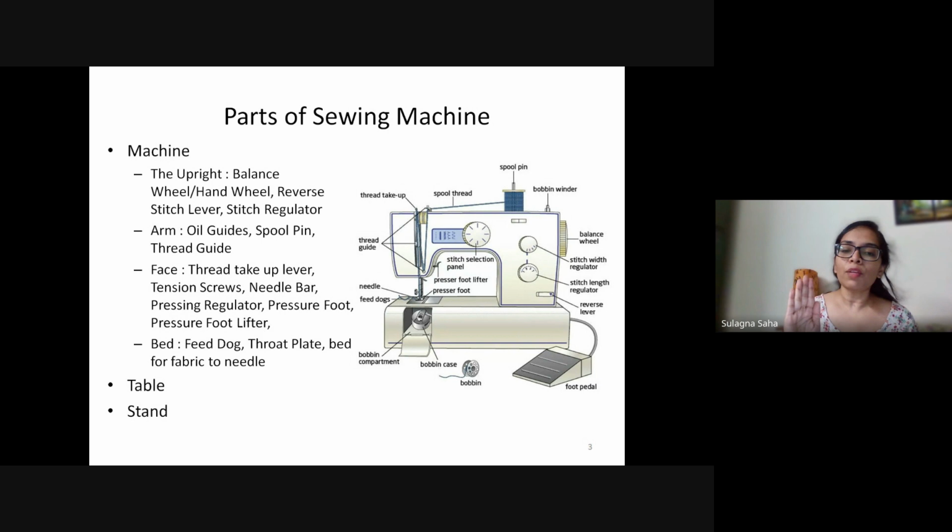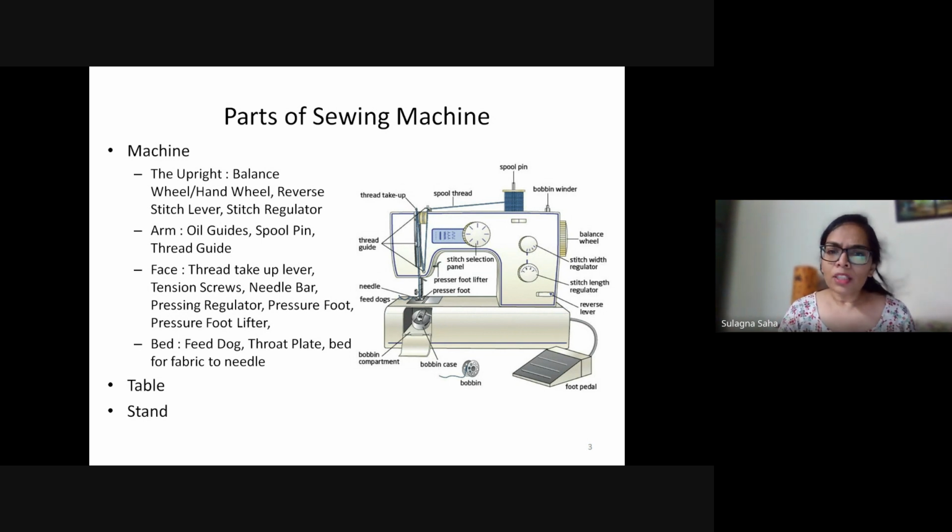As the needle moves up, this feed dog will also move up, pierce the fabric, and as it moves further up, it will start moving the fabric a little. It also holds the fabric tight when the needle pierces the fabric again, so that it can form a very nice and tight stitch.